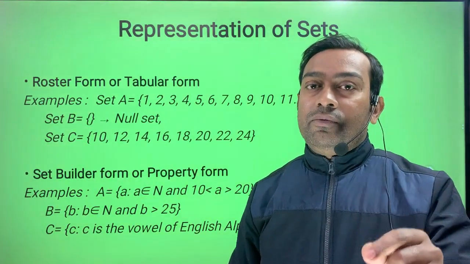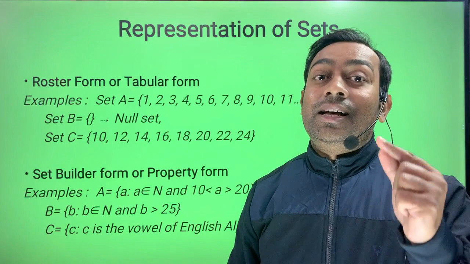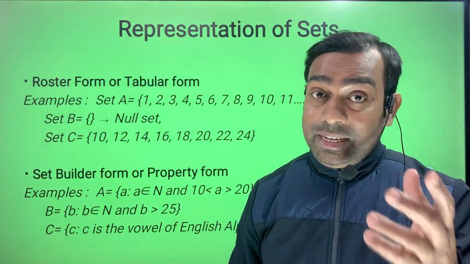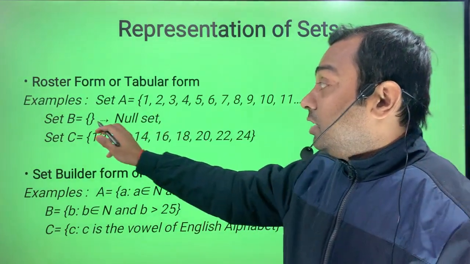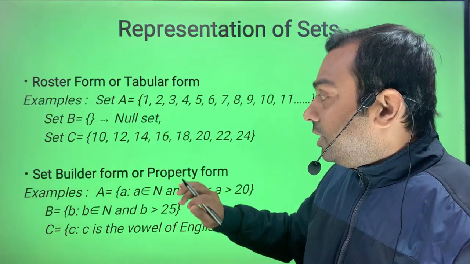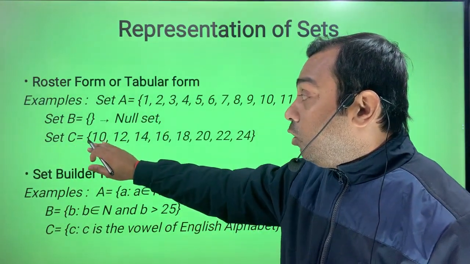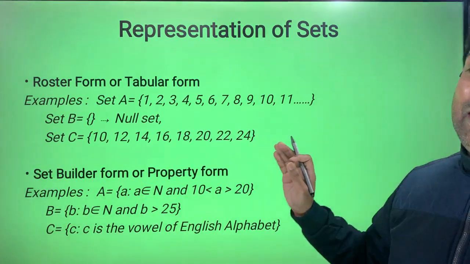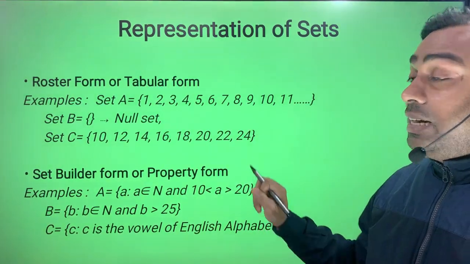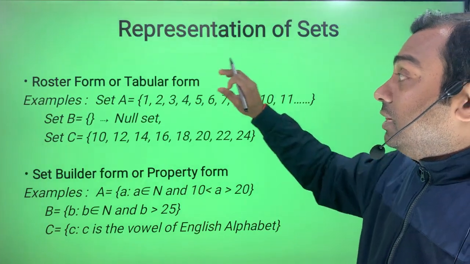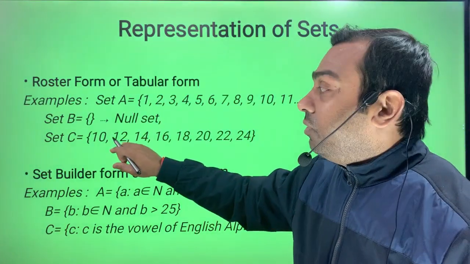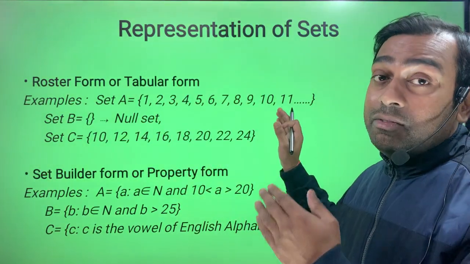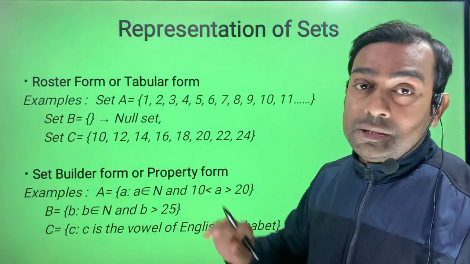Each one of them is an element. Yes. So there is no element, null set or void set we can say. Set C, how many elements? 1, 2, 3, 4, 5, 6, 7, 8 elements are there. So set C has 8 elements and they are well defined and distinct and they are a collection also.